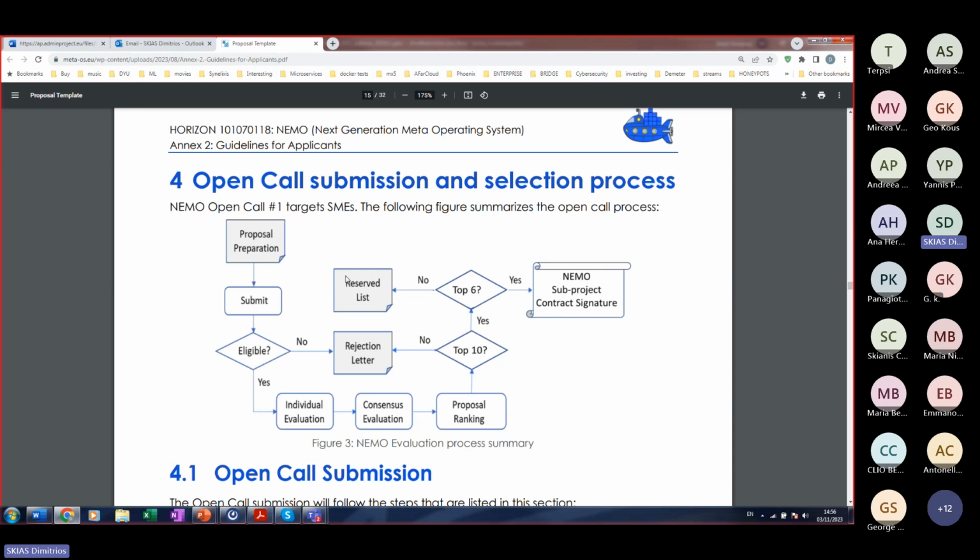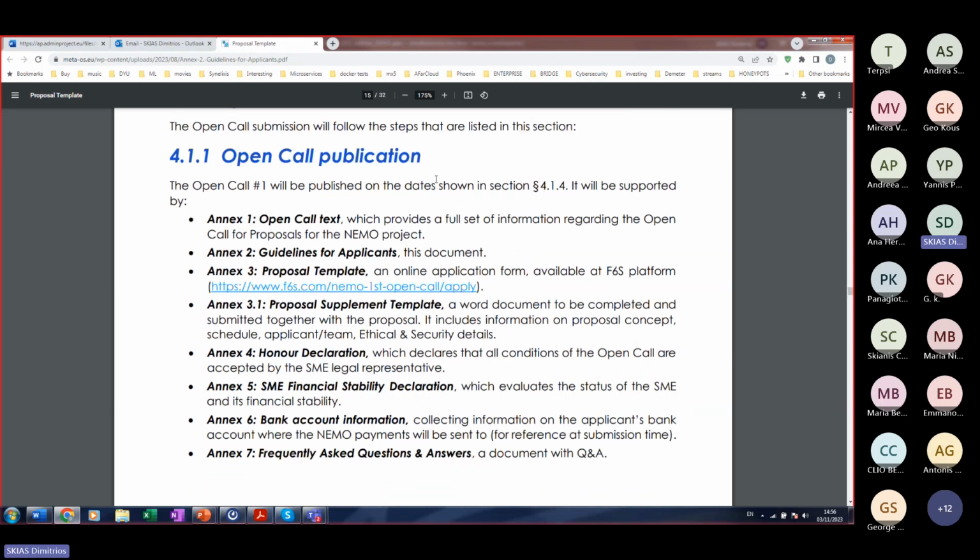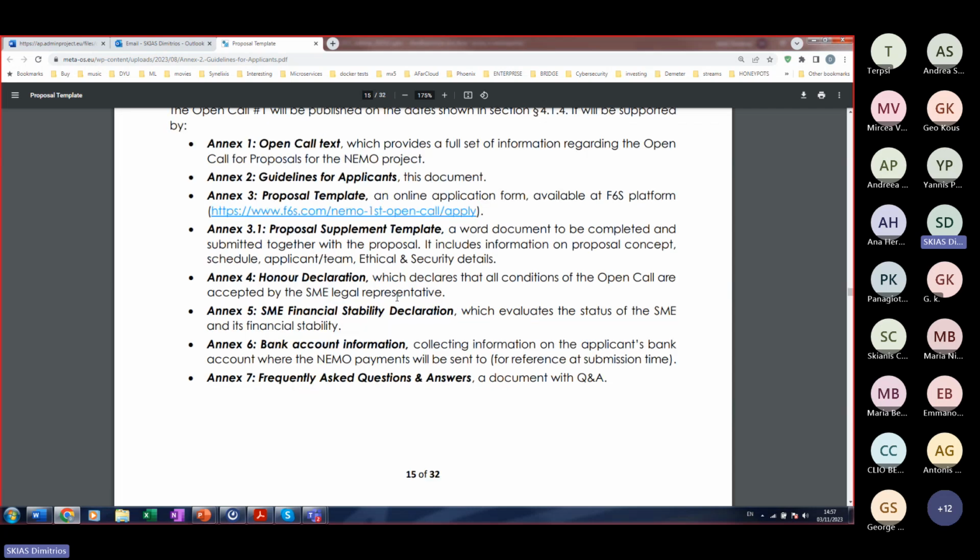So if any issue arises or some project backs off, then we can use the top ranked project from the reserve list. And again, all the publications and all the documentation that is needed is uploaded on our website. You can have a thorough look at the material needed for compiling your proposal, or the templates that you can use, and also take a look at the frequently asked questions. Maybe some of your concerns could be answered here. If not, you can reach us, as I said before, in our blog within the F6S platform in our particular NEMO website.